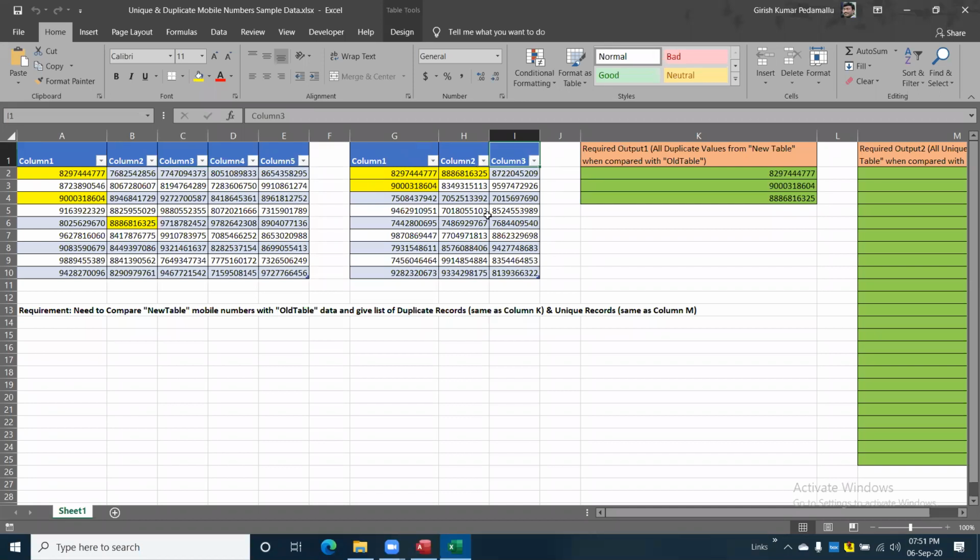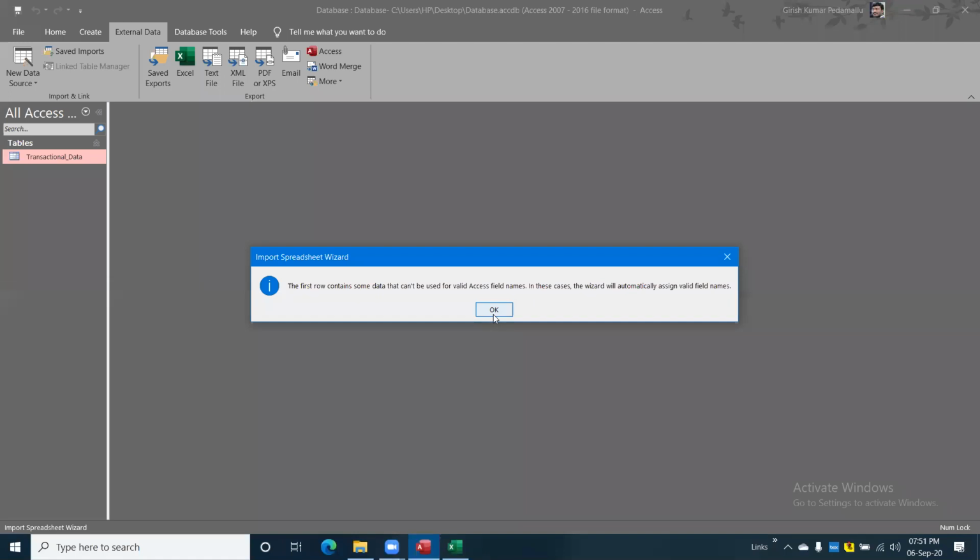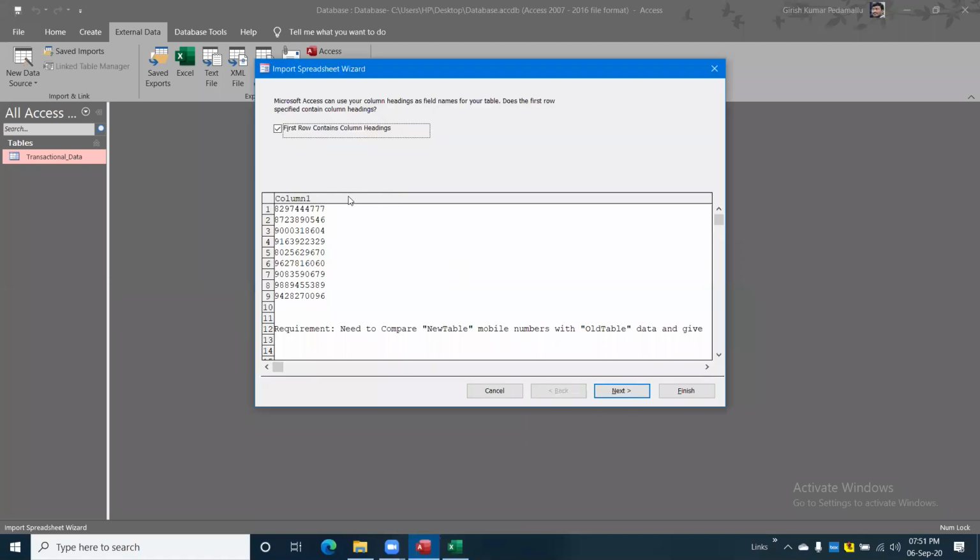But actually, if you open the Excel file, this table is different, this table is different, right? In the earlier example, when we imported the data, we imported whatever data was present in that particular sheet. Okay, I'm clicking on OK. See, it is showing column 1, this is the data.